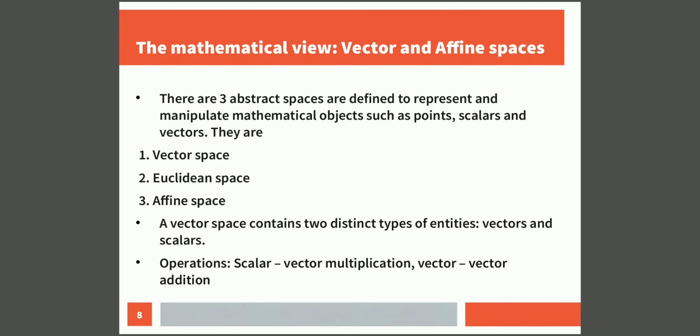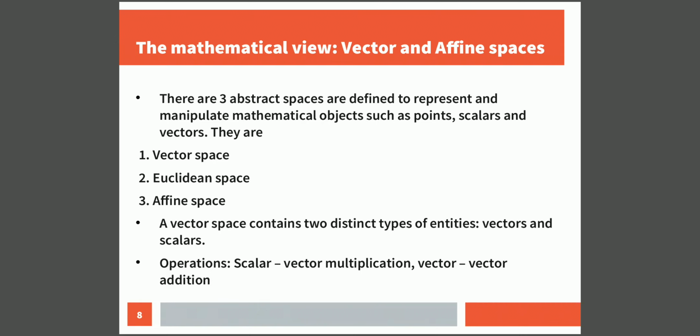A space is nothing but a region or a boundary where the operations, the manipulations and the representation of these objects will be done. So the first space which we are going to consider is a vector space. In a vector space we are going to consider only 2 mathematical objects or geometric objects, those are scalars and vectors. In vector space we are not going to represent or manipulate points, so we are considering only the other 2 objects, that is scalars and vectors.